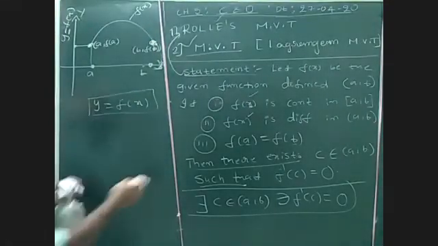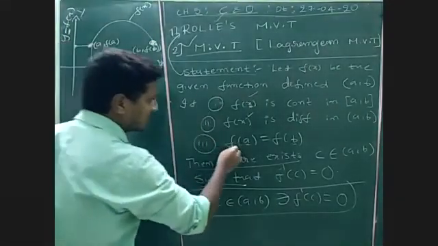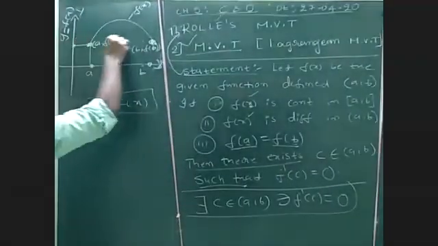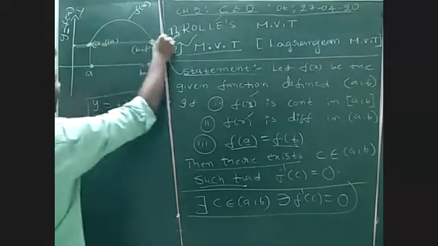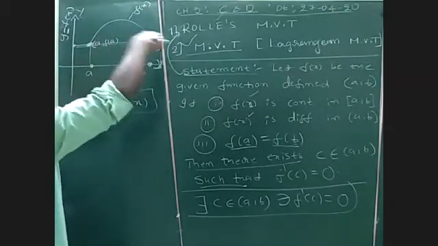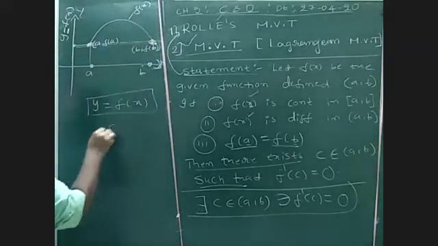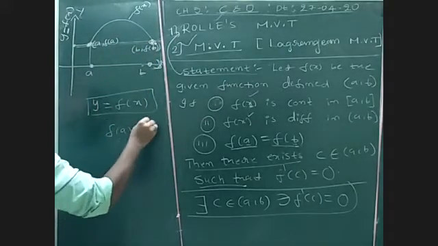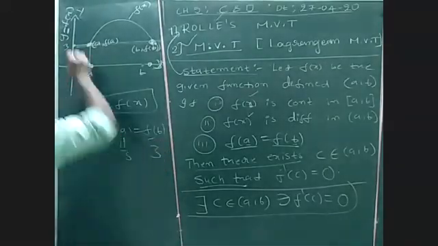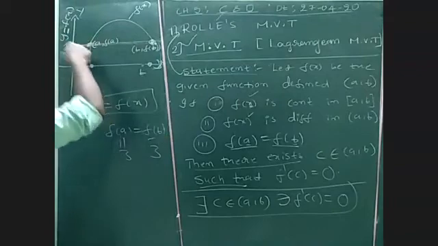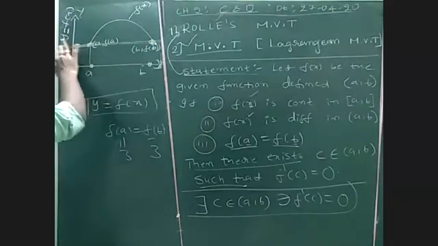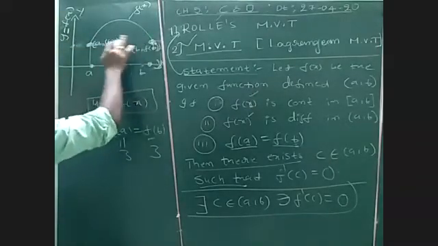Okay, so when the function satisfies these three conditions, observe f of a is equal to f of b, nothing but these two. If I draw the line, f of a and f of b must lie on the same line. Then only f of a is equal to f of b, nothing but y. As for example, if I take 3 here, 3 is equal to 3. What is the line of y is equal to 3? This is the line of y is equal to 3. Okay, look at it.